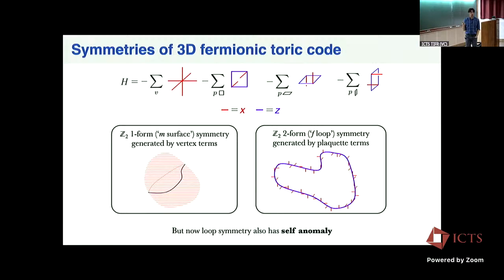And what one can show is that this makes a very important difference. Previously, we only had a mixed anomaly between these two symmetries. Like the two symmetries together, they had an anomaly. And as you heard before, you can think of that as something like you can't gauge both of these simultaneously. You can gauge one or the other, but not both. But now, if you analyze this modified Z2 operator with the hair, it turns out that this has an anomaly with itself, just by itself, without thinking about the other symmetry. Like you cannot consistently gauge this Z2 symmetry.